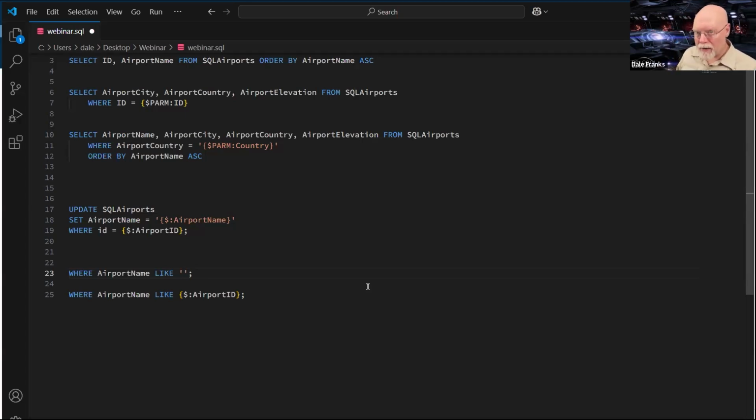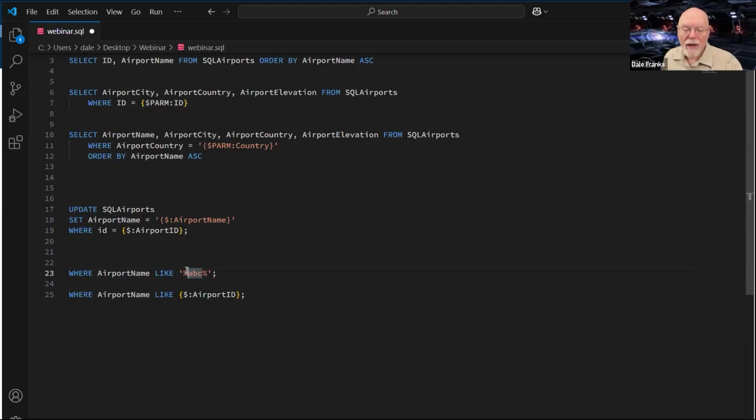And in SQL, I can also use wildcard characters. Now, I'm not going to go through a whole bunch of different wildcard characters because I'll tell you the one that you're going to use the most, which is, oddly enough, the percent sign. So if I wanted to look for something that just contained the text ABC anywhere inside the airport name, then this would be the syntax I would use. I would just say like, and then I'd have my single quotes, of course, because it's text, and then I'd have a percent sign at the beginning and the end of my text, and just say ABC.